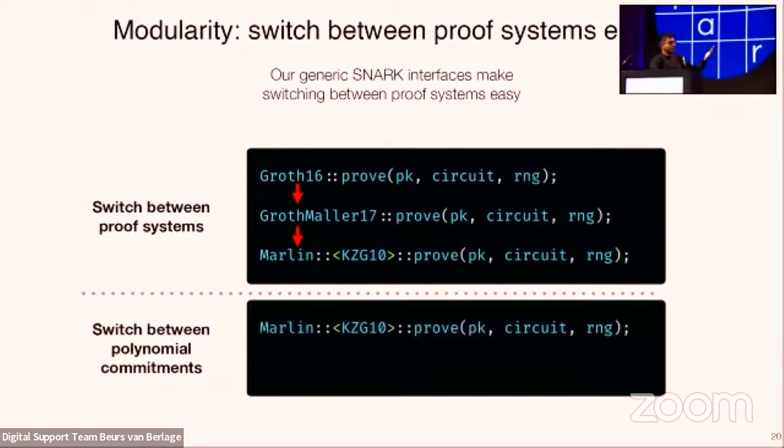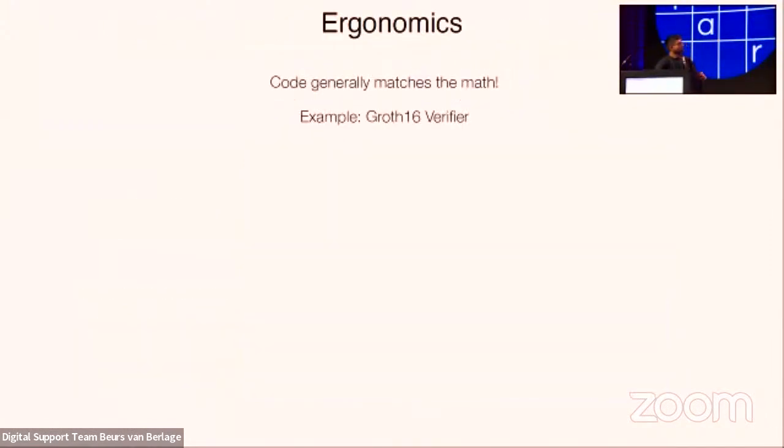And later, maybe you realize that you don't like the trusted setup of the KZG10 polynomial commitment at all. You can, again, just directly switch the polynomial commitment to an inner product argument-based one and get trustless setup, right? All of this is very helpful from personal experience when you're benchmarking and prototyping your protocol. Okay, all right. So that's from the modularity perspective.